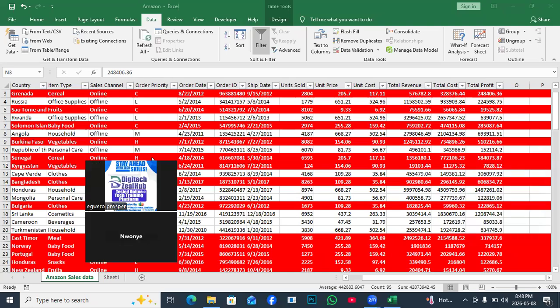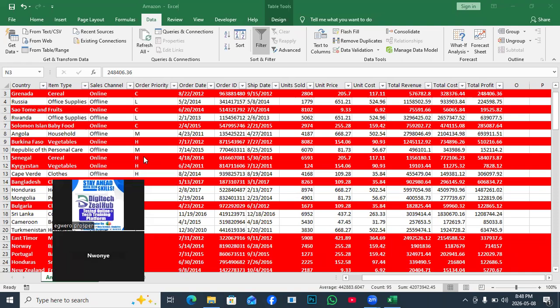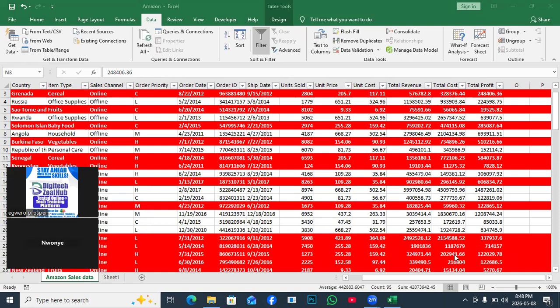All right, so that is how to use a single criteria. But the criteria we used is a string criteria. So let's try one more example, but this time around we use a threshold value. So let's say our analysis question is